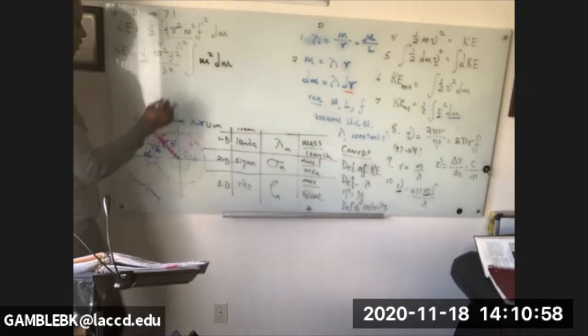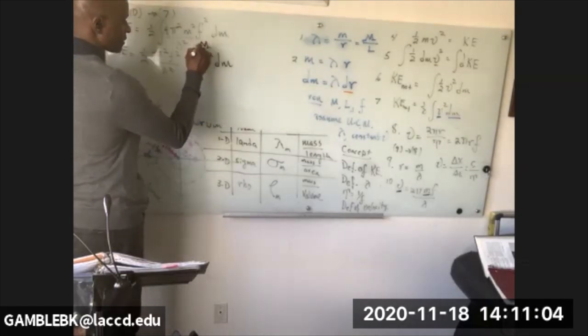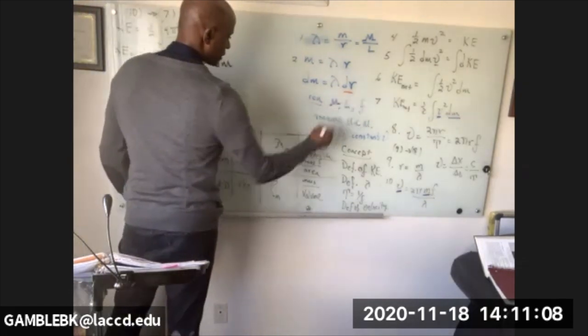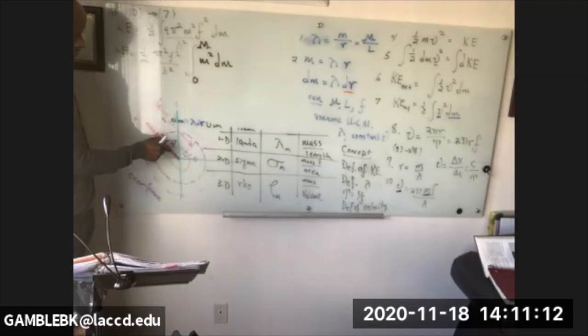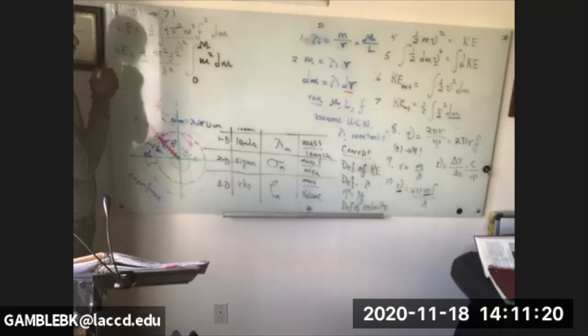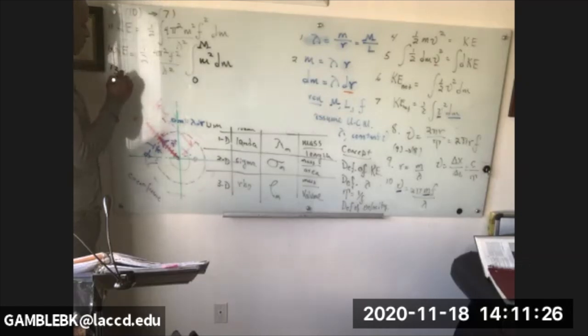And of course, this m is small m, it's a variable. So that goes from 0 to capital M, the mass. Capital M is the given quantity. As I add all these on, I'm going to get the total mass of the thing. So the total kinetic energy then